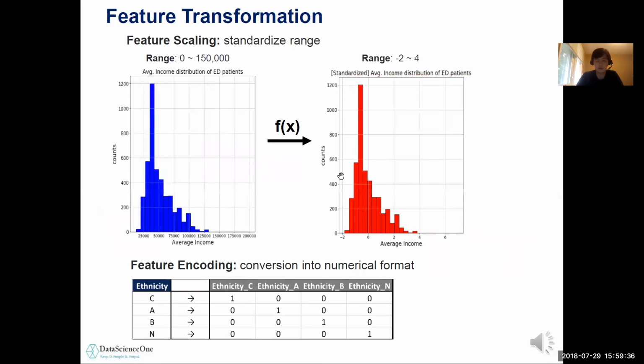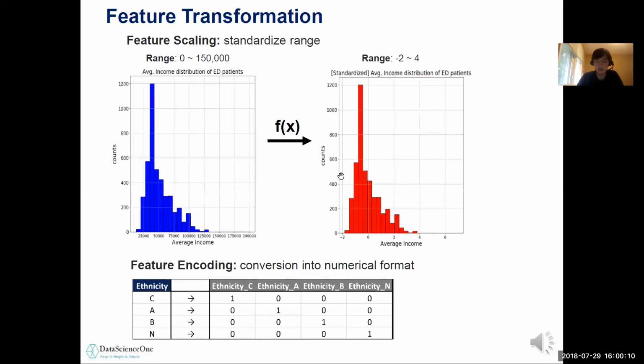So now let's talk about feature transformation as the final data wrangling step. There are 2 types of feature transformation. First is feature scaling. In feature scaling, we are basically using a feature scaler function passed to the setup input features to standardize different ranges of features into a similar range. On this figure, you can see the histogram of the average income distribution for ED patients; the only thing that changes is the x-axis,